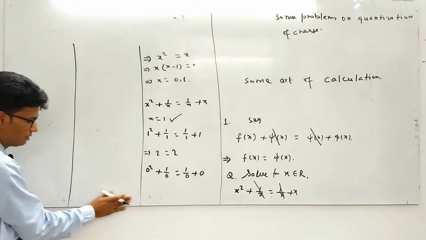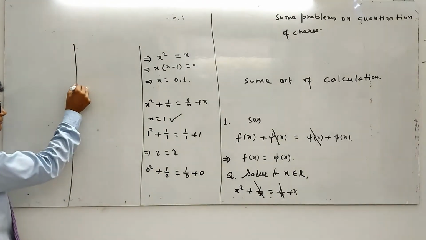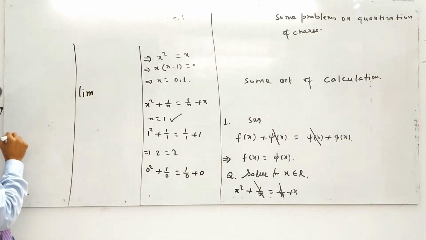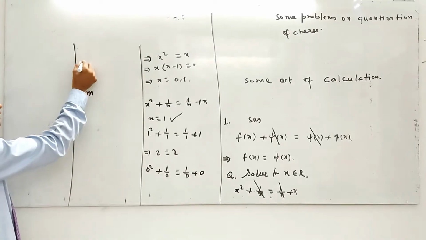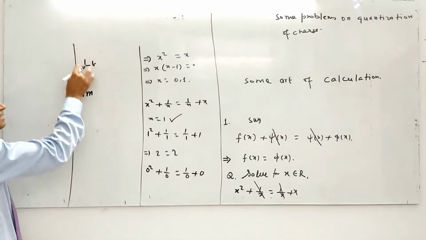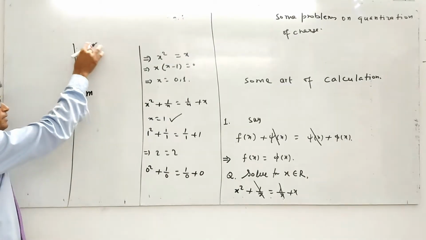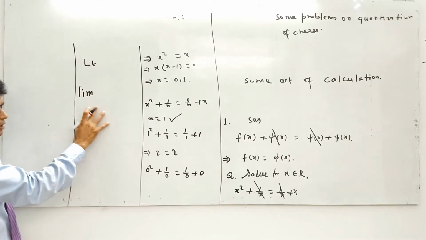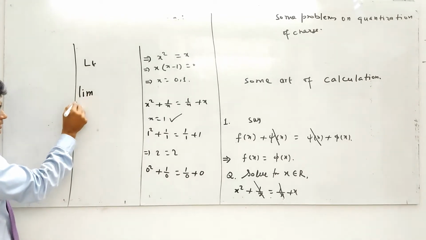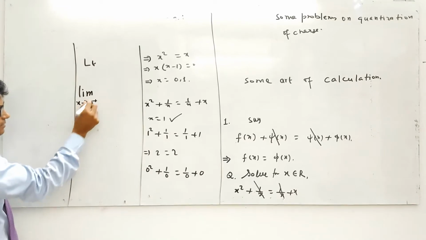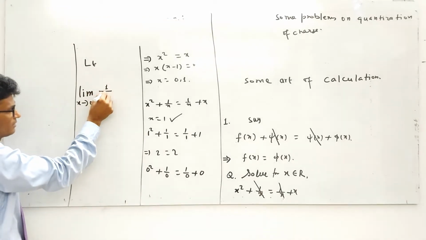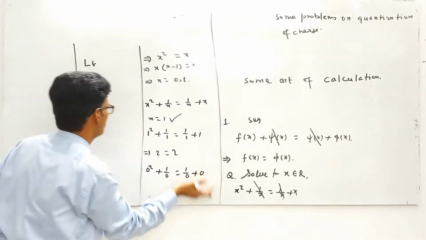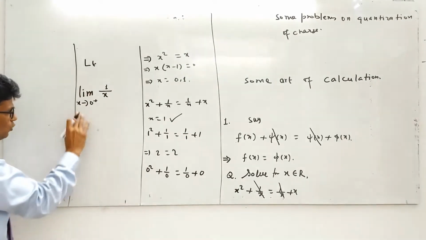To understand this, we take an example of a limit. The short form of limit is lim. However, one can also write LT, but these days it is obsolete, no longer in use. In the present scenario, we use lim for limit: lim x tends to 0 plus of 1 over x. We may take 2 over, 3 over, minus 3 over, or anything over 0, but because they have taken 1 by, that is why I have taken 1 by x. So what is the meaning of 0 plus?